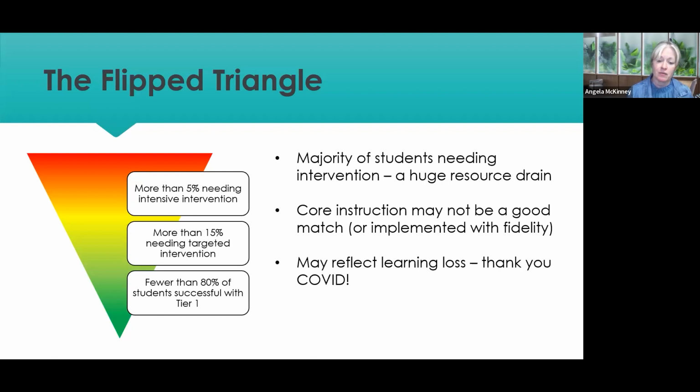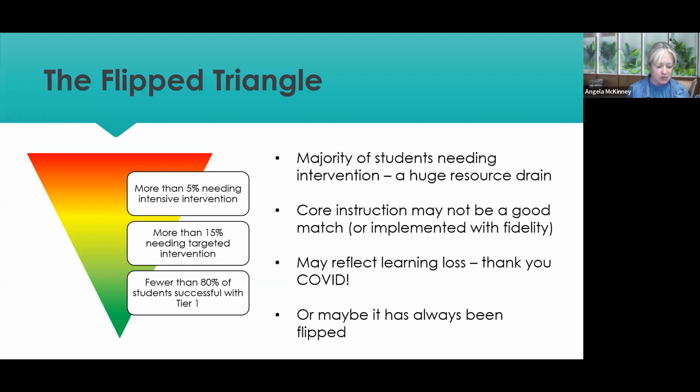Could be from COVID. We're still trying to make up for that learning loss. I think some states are saying, oh, we've conquered the learning loss. We're back to where we were. I don't think so. I don't believe any of them. I don't care what their data says. I don't believe them at this point because we're seeing it. We're seeing it especially with behavior. That is really standing out for a lot of elementary schools more than anything, those young kids coming in that just aren't students yet. They're not operating as students. Or it could be that you've had a flipped triangle for a long time.